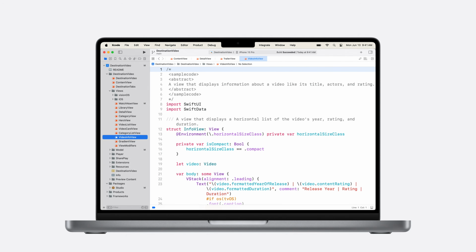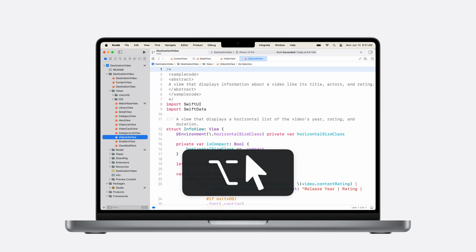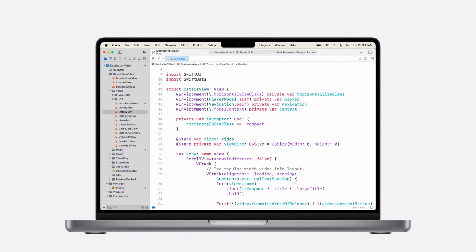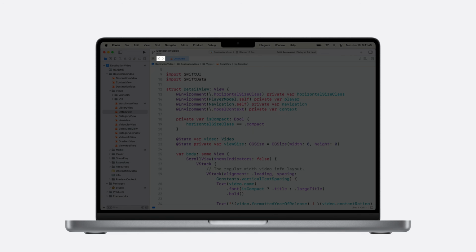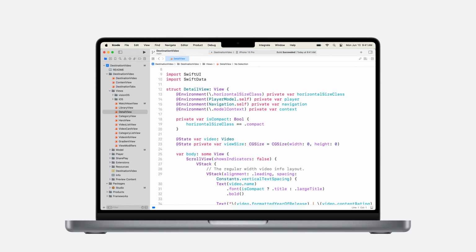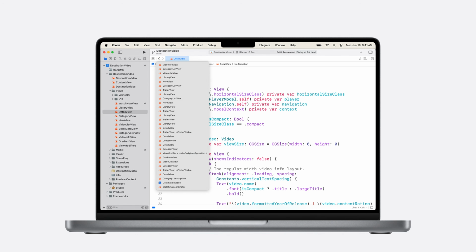Finished a task and ready to close out a bunch of tabs at once? Instead of closing each tab individually, try option-clicking the Close button of one tab to satisfyingly close all the others. To the left of the tab bar, the back and forward buttons work as, well, back and forward buttons. But if you click and hold one, like the back button, you can see a full history. Immediately jump to the desired location without having to click the button 20 or so times.